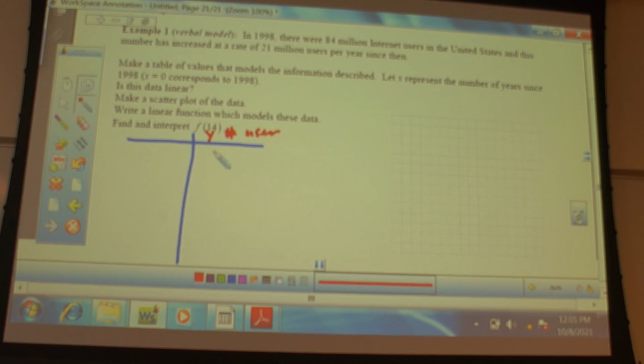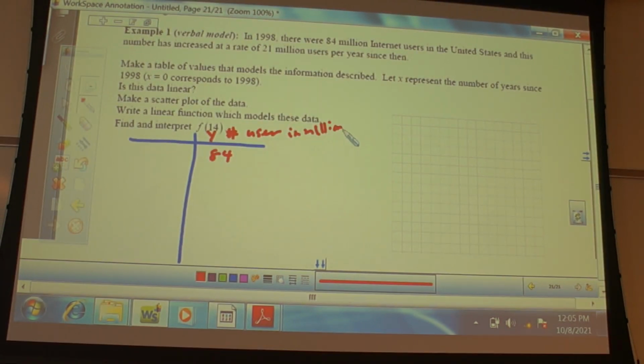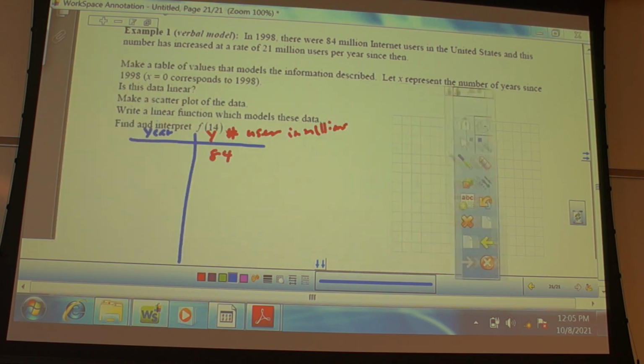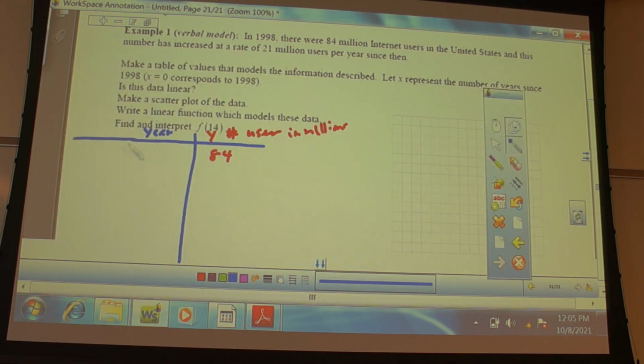That was 84 million. I'll say in millions, so we write 84. And then my year is 1998, but here I'm going to call x the number of years